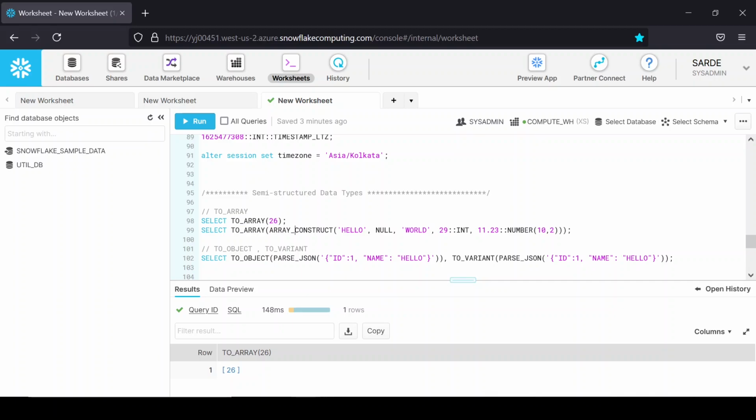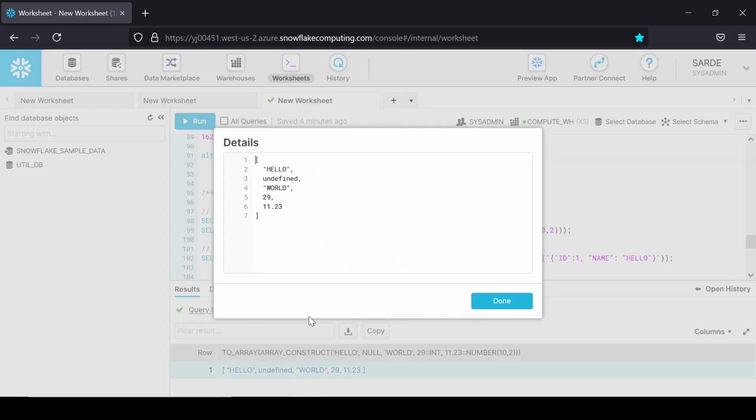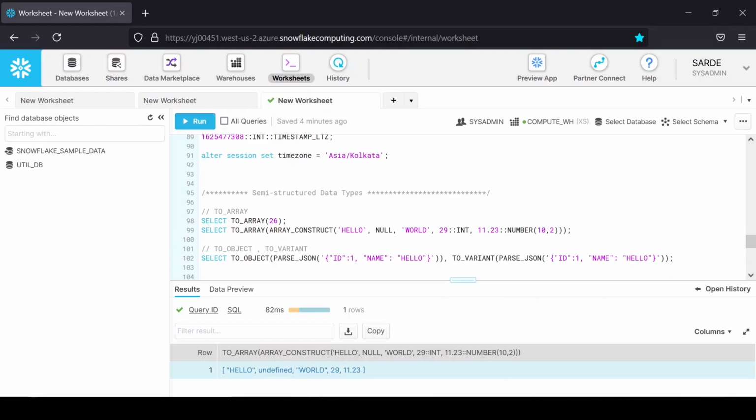If we need to pass multiple values or generate a list of values in that array, we can use the array_construct function, and inside it we can pass these different values and construct the array. If I run the select query, I can see it has successfully printed the list, and it's hello, undefined for null, then world, 29, 11.23.